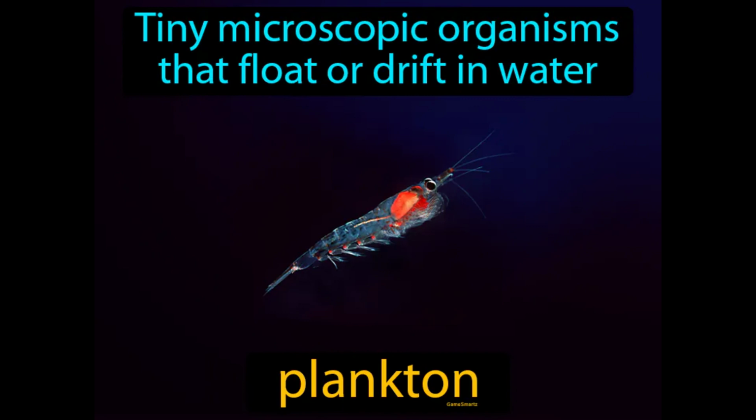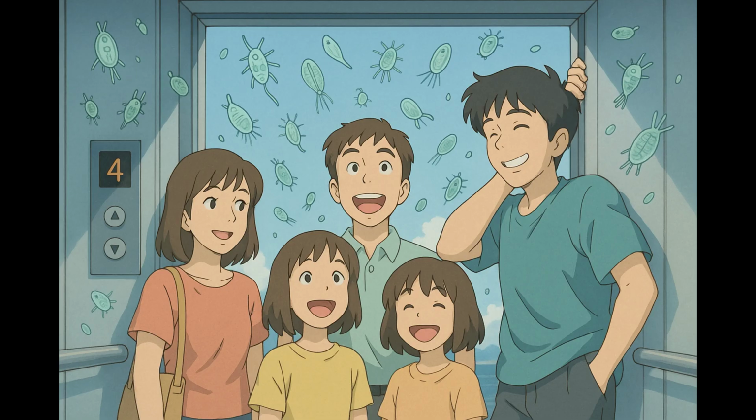Tiny microscopic organisms that float or drift in water. Plankton. Plankton are small creatures in water that form the base of the aquatic food chain, providing food for many marine animals. Imagine you're stuck in a crowded elevator, unable to move freely, just going where it takes you. This situation is similar to how plankton, tiny microscopic organisms, float or drift in water, carried by currents without control